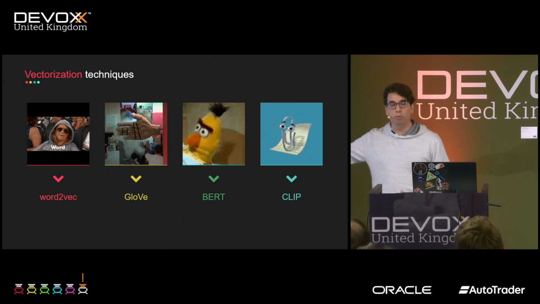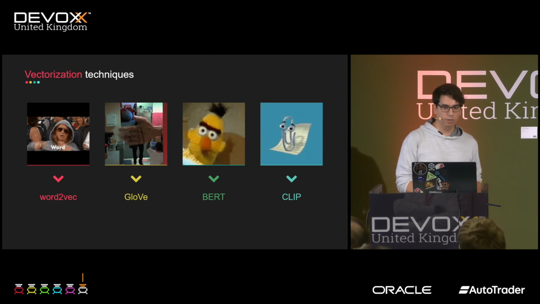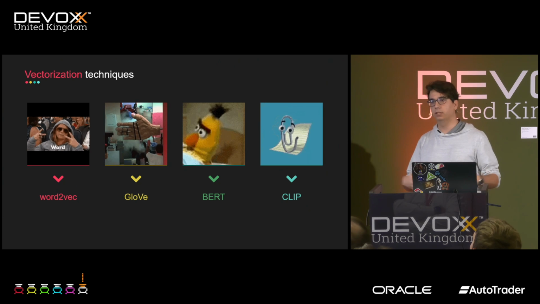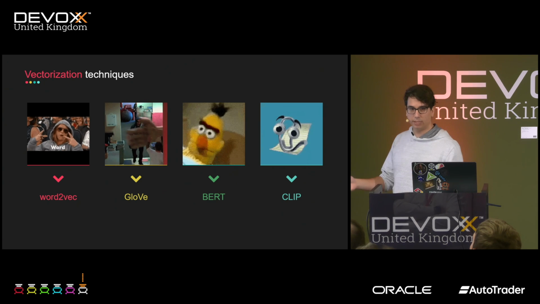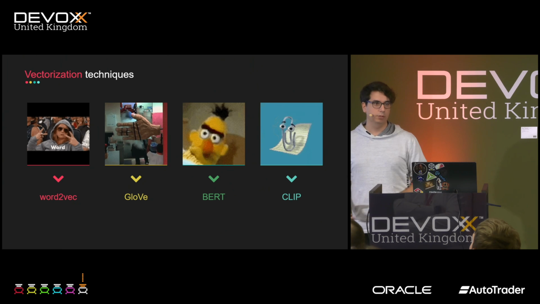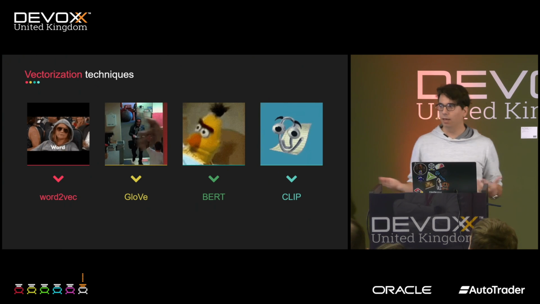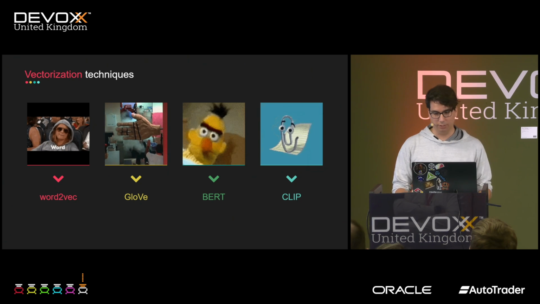And then the transformer models came out a couple of years ago, and those actually understood the context of words. So the same word in different contexts with different meanings would have a different vector representation. And that is really what unlocked the whole LLM GPT revolution, so to say.